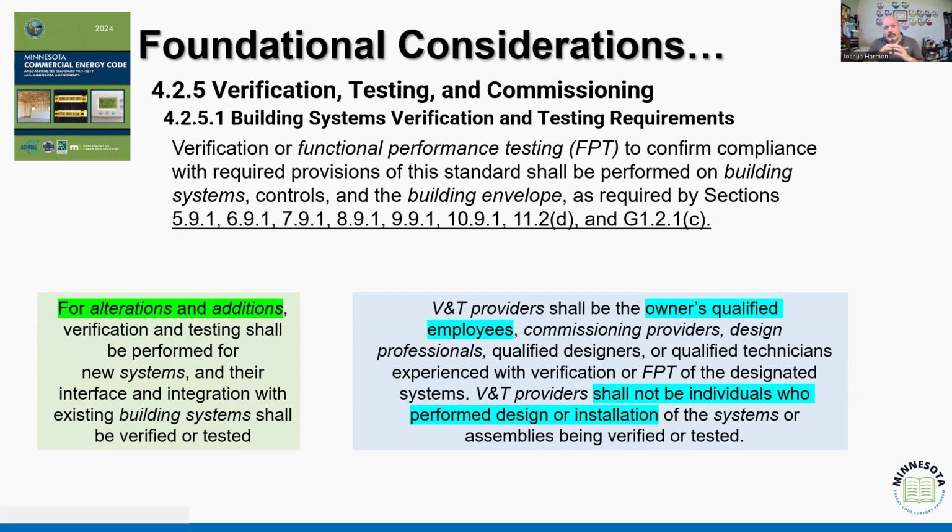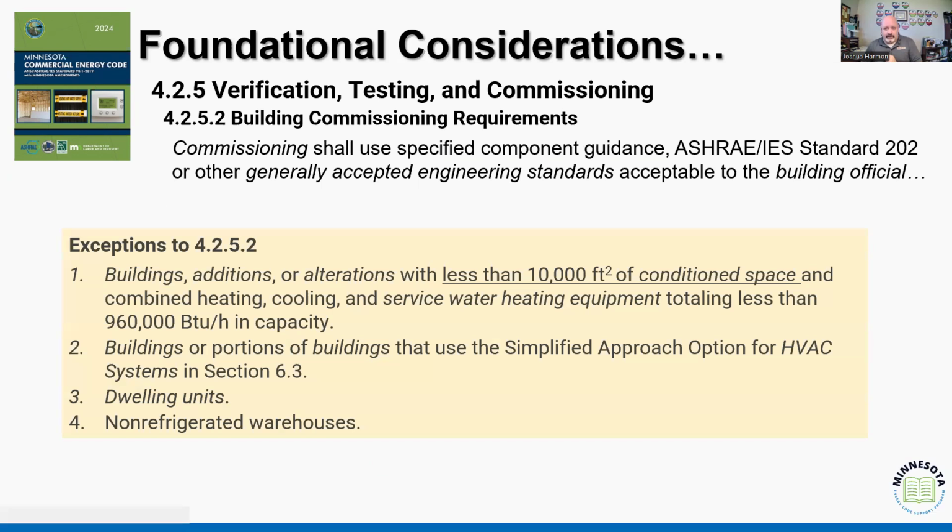But yeah, so what we're looking at is if a building is under that 10,000 square feet of conditioned space, then they're not required to have unique commissioning, but they will have a level of functional testing, right? Just because it's under 10,000 square feet, we may not be testing the individual piece of equipment to verify that it operates, but there's going to be a level of functional testing that says when I flip the switch or when the thermostat is turned on, it activates, right?